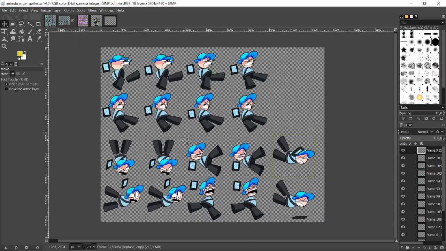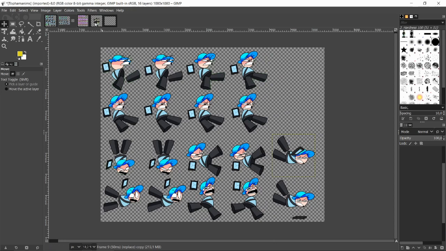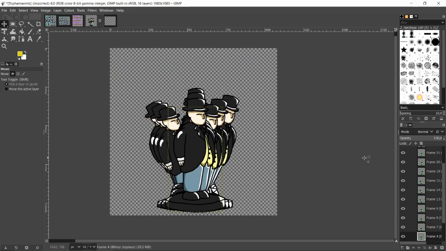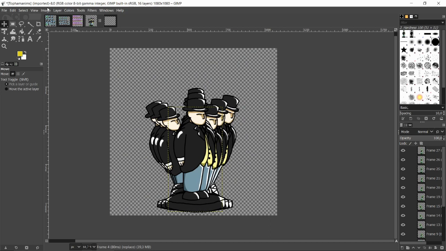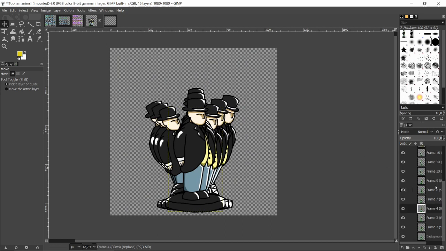Now, for this tutorial, I'm going to be using this technique just to make things easier. So to do that, I'm gonna go to this one. Make sure all of the frames are visible, just so when we go to Image,